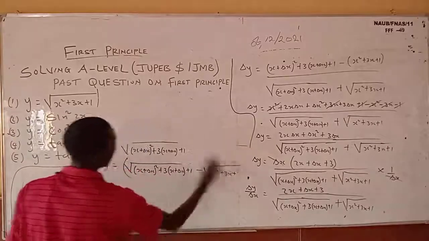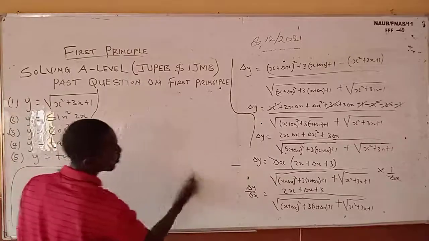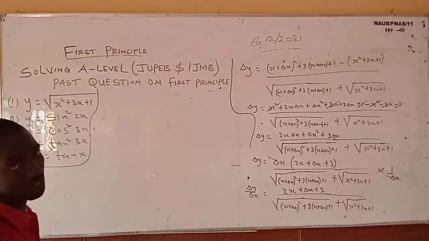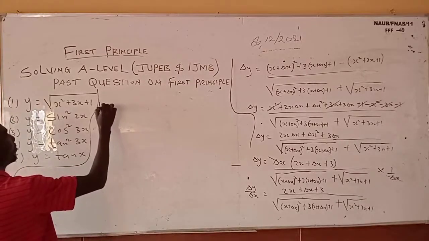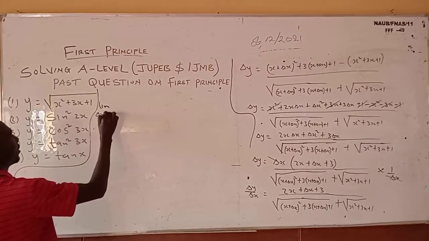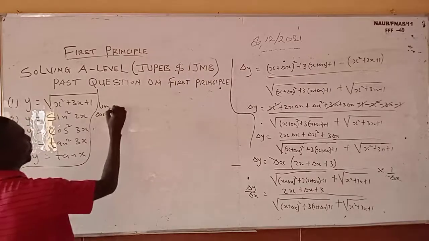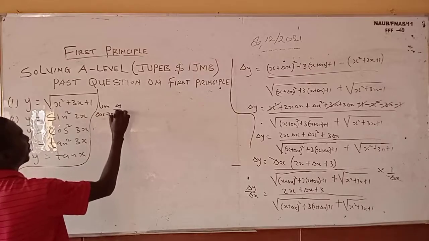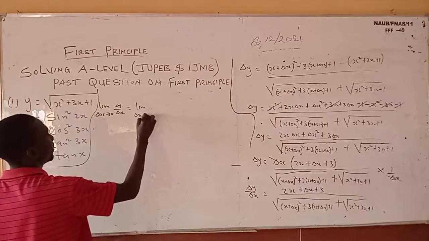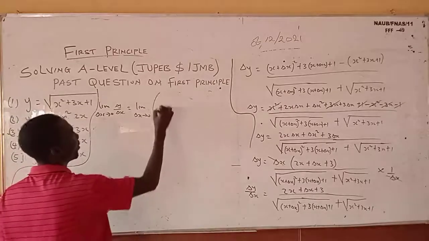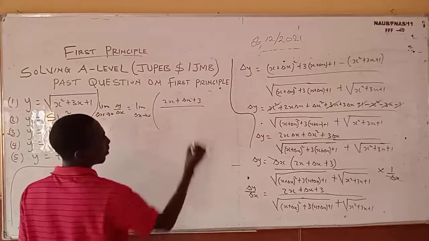Okay, so the next thing you are going to do now is to take the limit. We take the limit of both sides. So it means the limit as change in s approaches 0. So now the limit of change in y over change in s will be equal to the limit as change in s approaches 0 of 2s plus change in s plus 3 all over